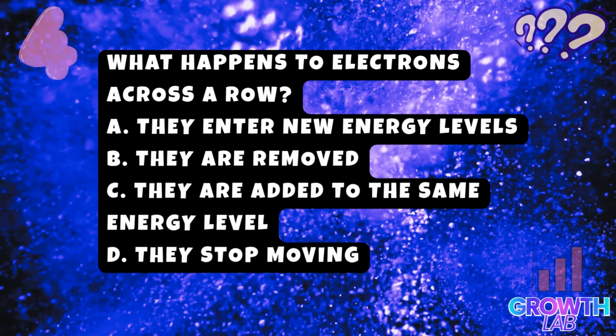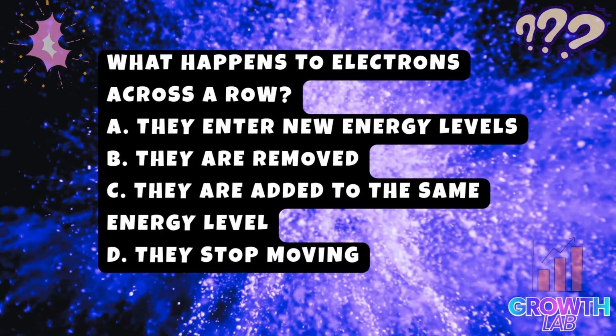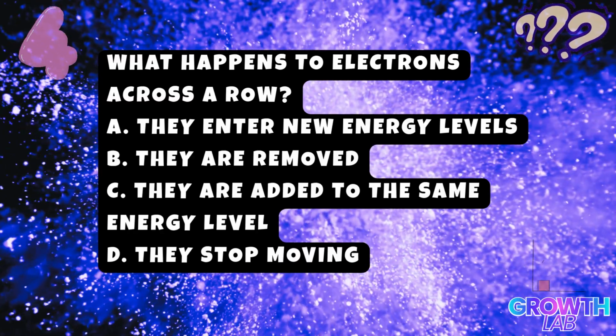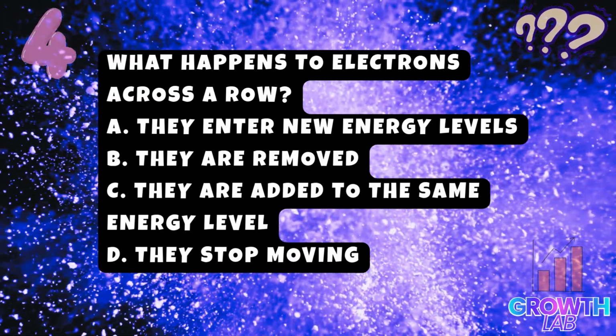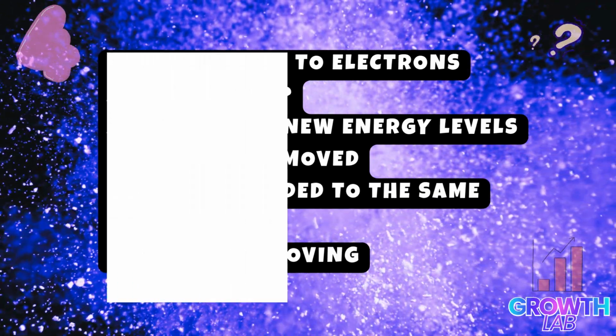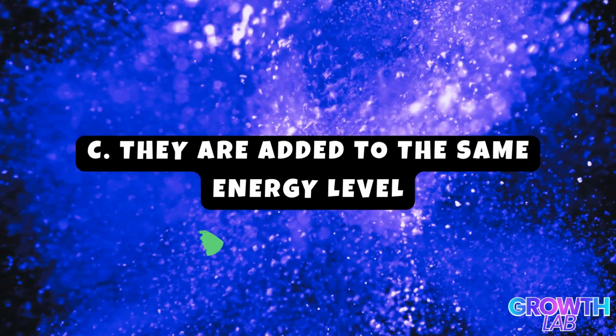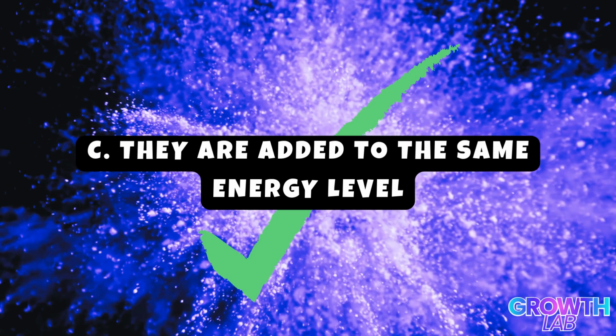Question 4. What happens to electrons across a row? Answer options are: Option A, they enter new energy levels. Option B, they are removed. Option C, they are added to the same energy level. Option D, they stop moving. Correct option is option C, they are added to the same energy level, because shielding does not increase much across